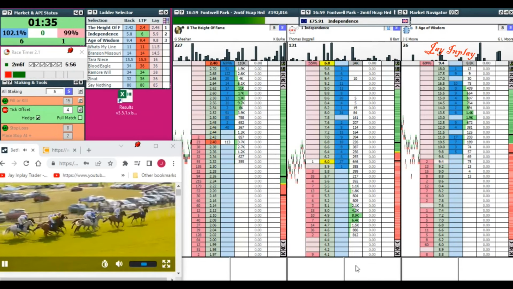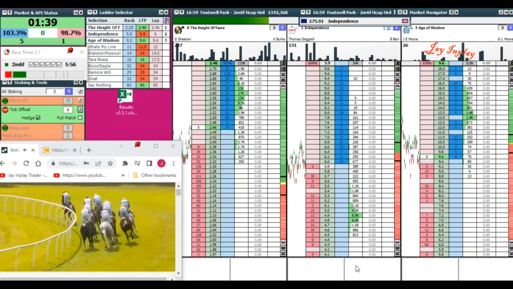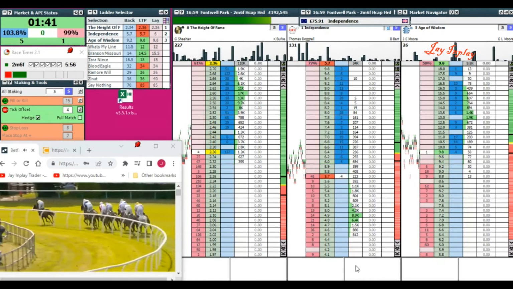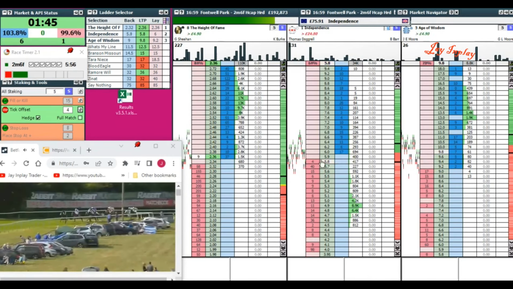is in third. Ramore will be 3 wide round the turn. Between that pair is Say Nothing. Blood Eagle ahead of Age of Wisdom. Tara Nice has just moved up on the outside, and Independence joins So you can see the markets aren't really